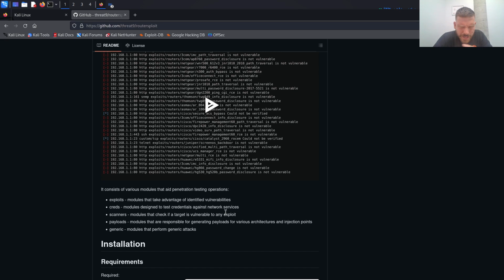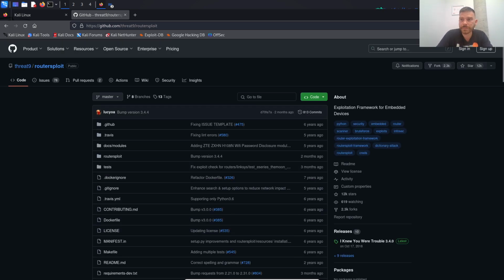Scanners, modules that can check if a target is vulnerable to any exploit. Payloads, modules that are responsible for generating payloads for various architectures and injection points. Generic, modules to perform generic attacks. Okay, now